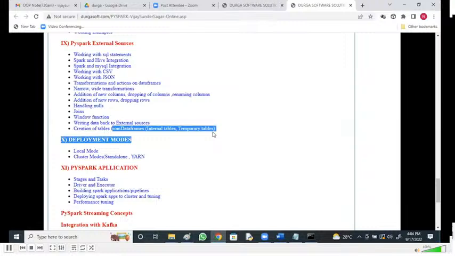And deployment modes, local mode, cluster mode, standalone and beyond. PySpark application stages and tasks, drivers and executors, building Spark applications, pipelines.